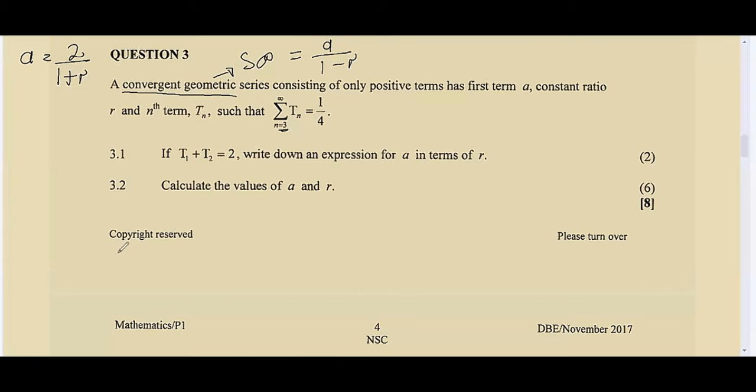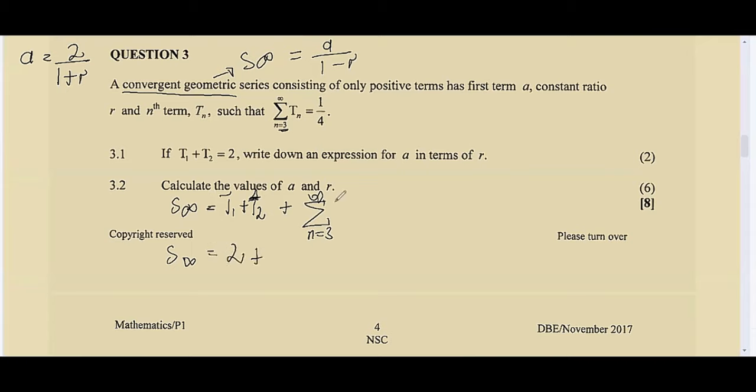But then if we were to express the sum to infinity as a whole, that means we would have sum to infinity is equal to T1 plus T2, then plus the sum to infinity beginning from term number 3, right? So this is the expression that we would have for that. And then since we are given that T1 plus T2 is equal to 2,